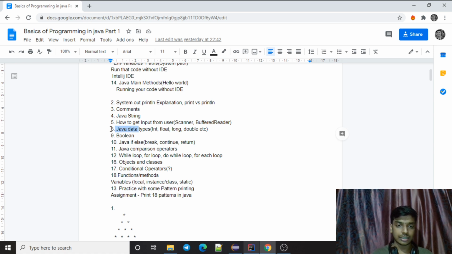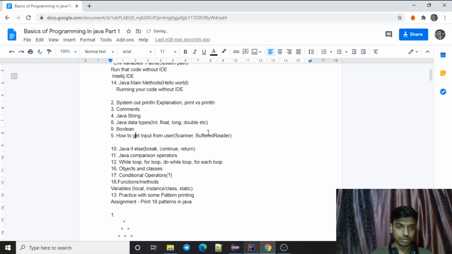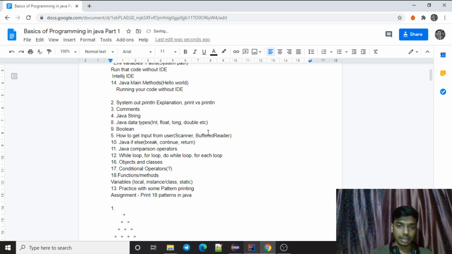We have discussed already the Java data types, so I'm going to put it here. Once we are done with Scanner and BufferedReader, we'll discuss the other things like if-else, comparison, loops, objects and classes, and all these things, right? So that's the agenda of today's session.